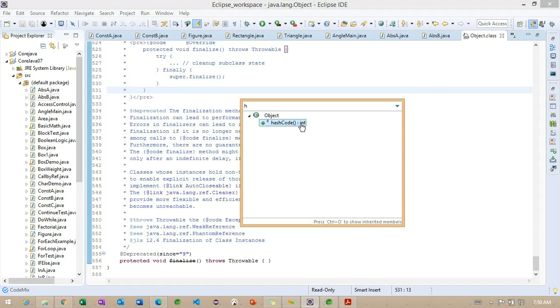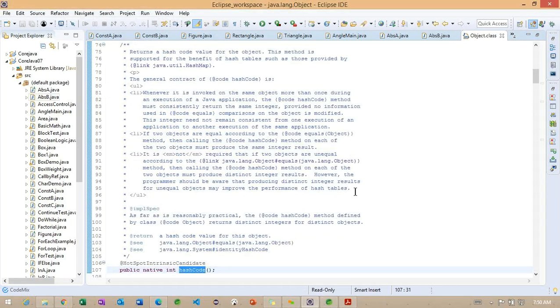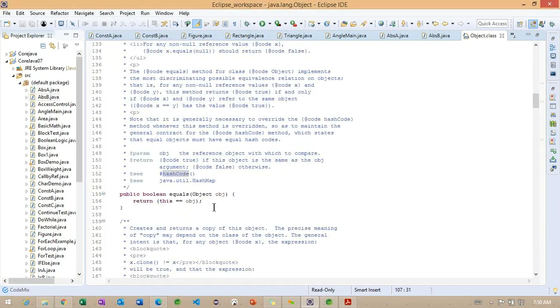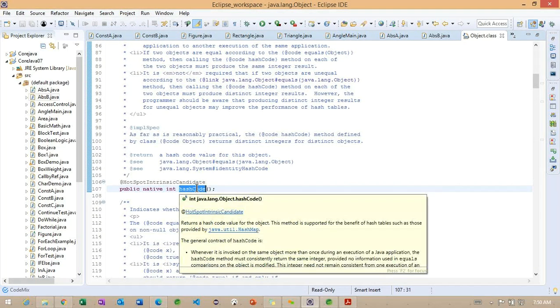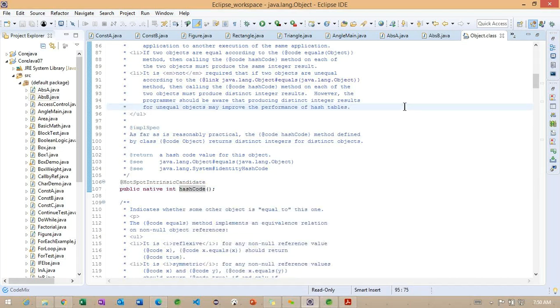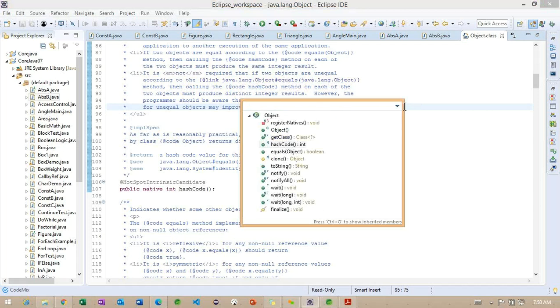Now you can see the hashCode method is returning an integer value. So this is the hash code. Getting the point? When we discuss the collection-related examples, we'll have more information on how exactly hashCode and equals methods work here. After that, notify and notifyAll are also available in the Object class.